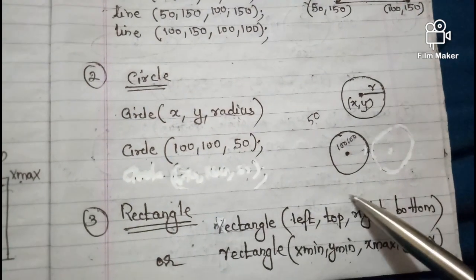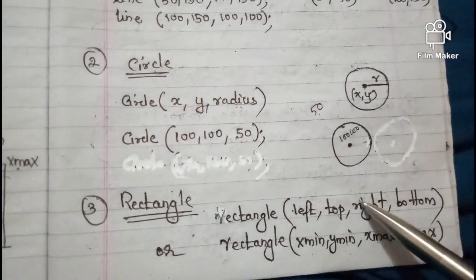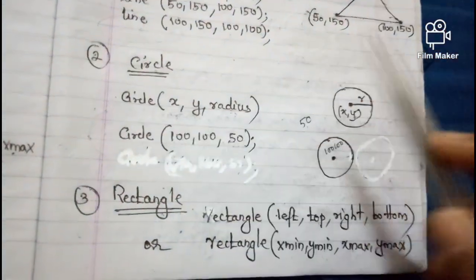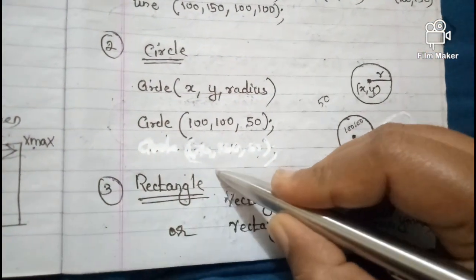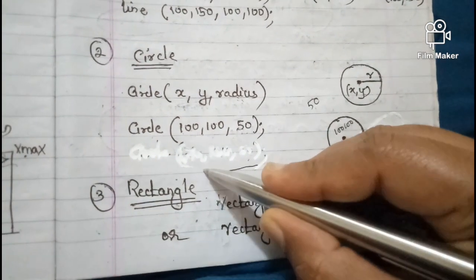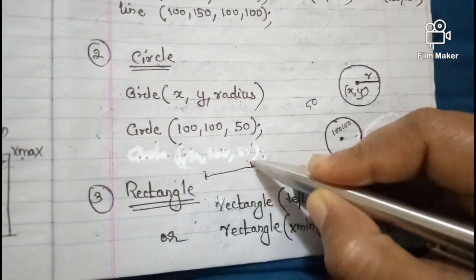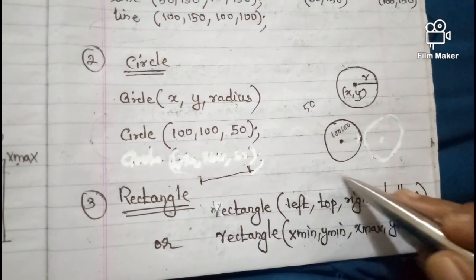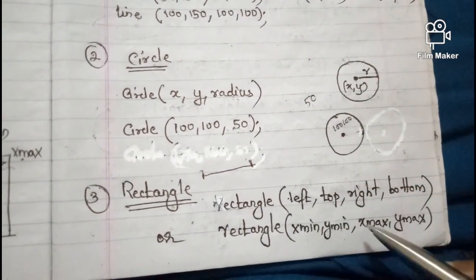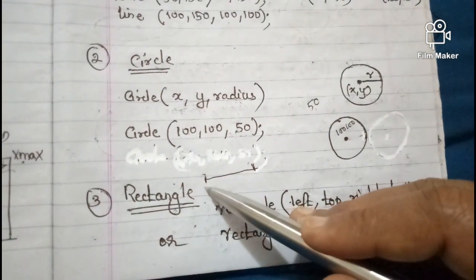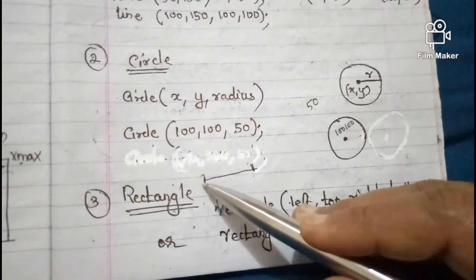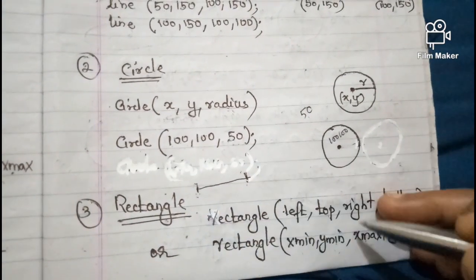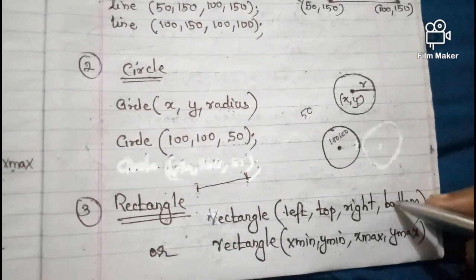See, left and right specify the width of the rectangle. This is the left end, this is the right end. Left and right specify the width of the rectangle, that is x minimum and x maximum. This is the x minimum, this is the x maximum, so the left and right ends specify the width of the rectangle. Similarly, top and bottom